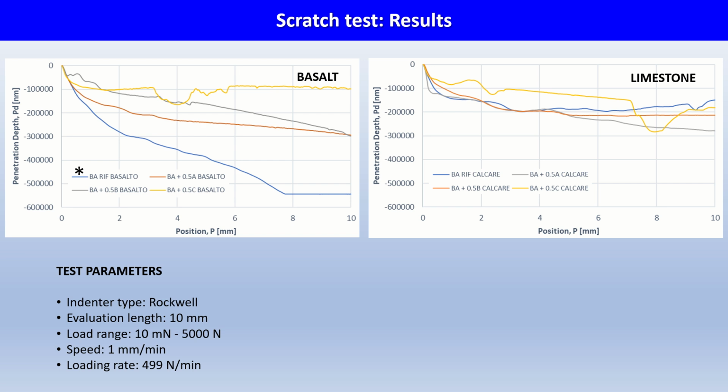In this case, you see the profile. When you look at the C additive, the profile shows some peak, some strange signal. It means that during the traction of the tip, something happened. So there is some exfoliation of the bitumen and the aggregate. So it means that the additive is no good for this system, because it doesn't give a good interaction between concrete